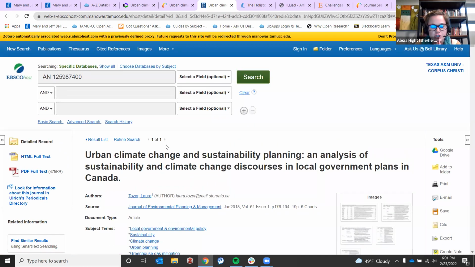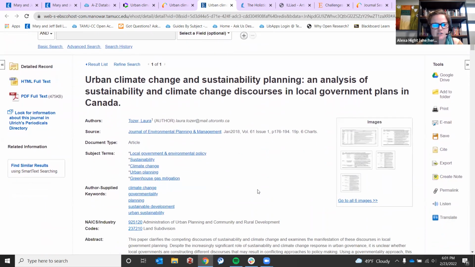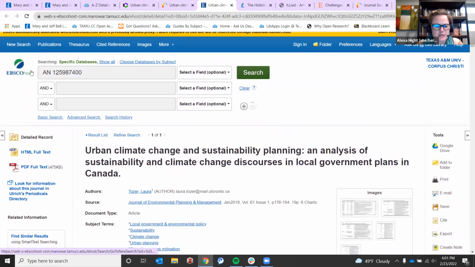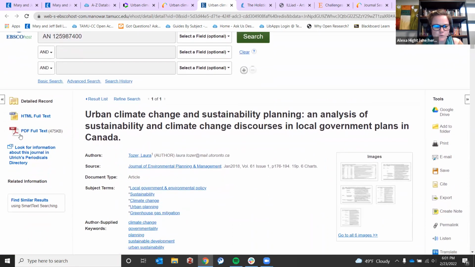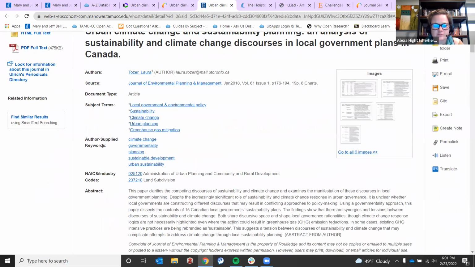Another suggestion that I have in terms of just doing research, especially when you are beginning. So now we are in an EBSCOhost database. We do have full text access to this particular journal. As you can see, they have their subject terms listed here, as well as these author supplied keywords. So subject terms is the vocabulary controlled by this database. Whereas the author supplied climate change in lowercase, they're saying they're controlling it with climate with a capital C.